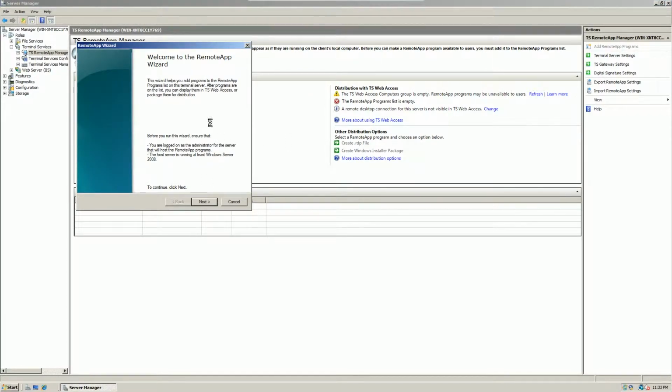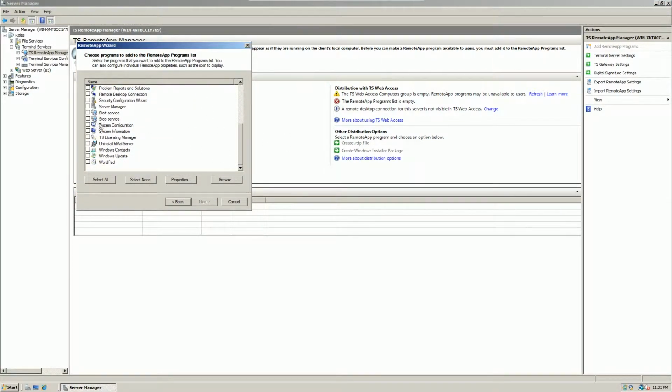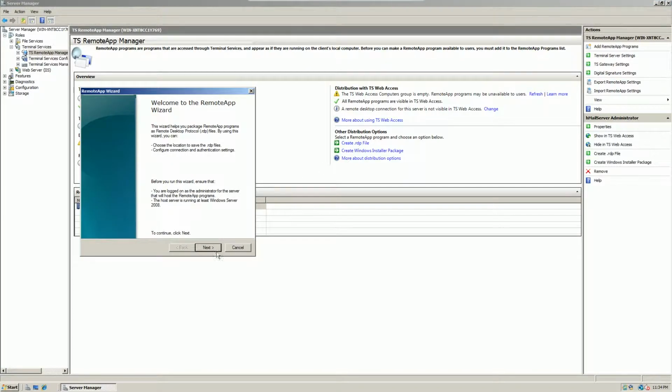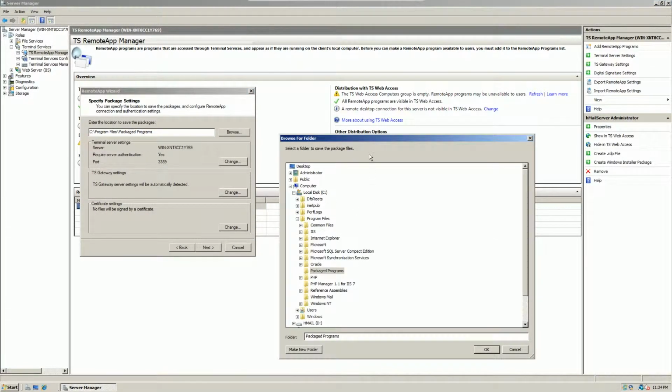I'm going to add a default Windows one just because I'm lazy. So I'm going to pick HMail Administrator so that people can remotely administer the server. How about that? You can now create an RDP file or Windows installer package. Windows installer package, you can deploy this via Active Directory. RDP you can't. So I'm just going to quickly create one